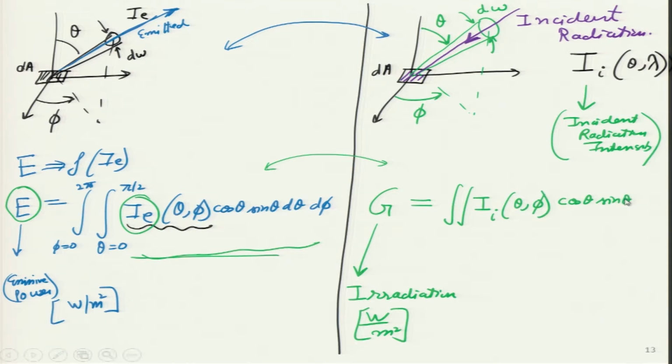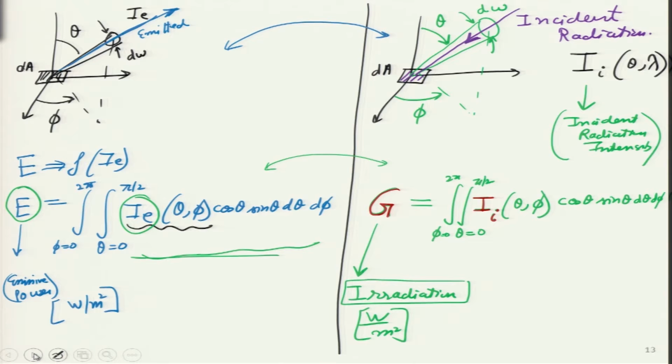So, let me first write that particular definition, d theta d phi, and theta over here is from 0 to pi by 2, and then phi goes from 0 to 2 pi. Okay. Now, we will look at some very interesting examples and try and see some interesting cases where I am going to focus on these two parameters. One is G, which is the irradiation on a particular surface, and the other one is I. Okay.